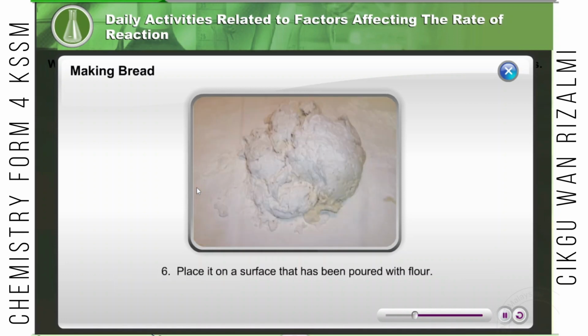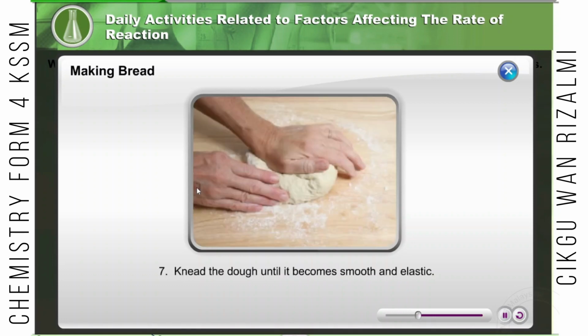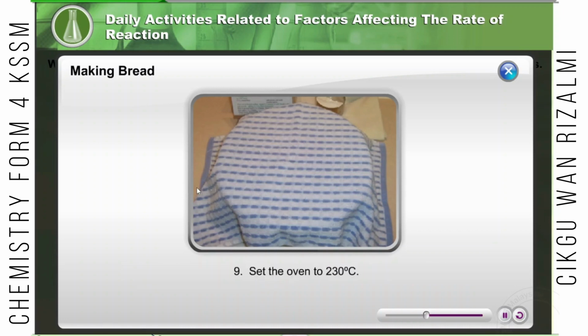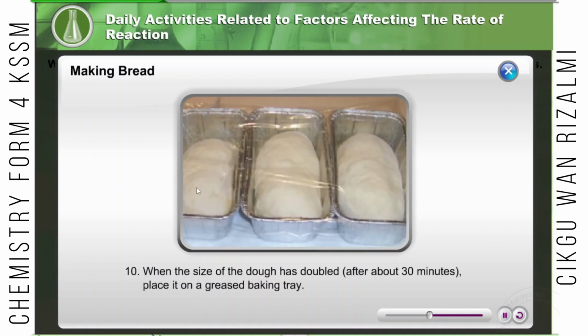Place it on a surface that has been poured with flour. Knead the dough until it becomes smooth and elastic. Put the dough into a mixing bowl and cover it with a clean cloth and place in a warm area. Set the oven to 230 centigrade. When the size of the dough has doubled, which would normally take about 30 minutes, place it on a greased